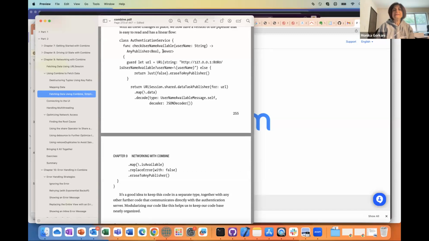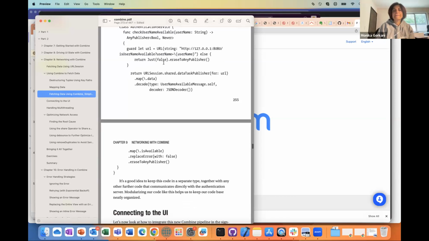Usually we have a combination of a result, which is the actual value, and then a potential error. Here he was saying, well, if there is an error, it means false, so the username wasn't available. He mentioned that we hadn't started error handling yet. I'm skipping a step because I was just trying to show how to make these network calls